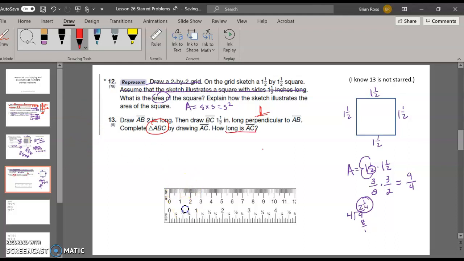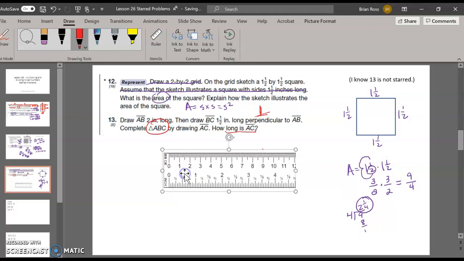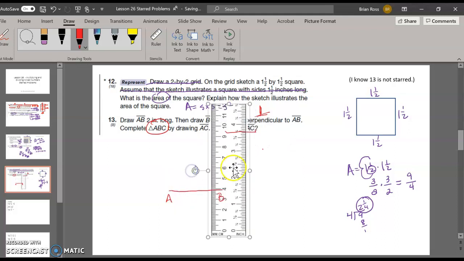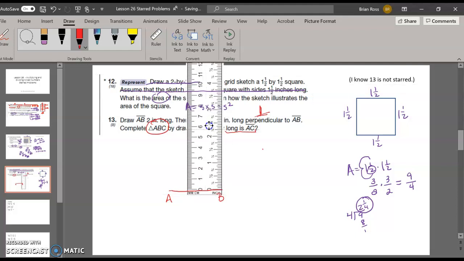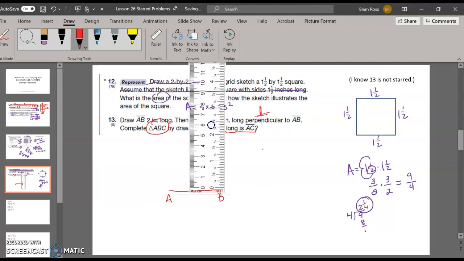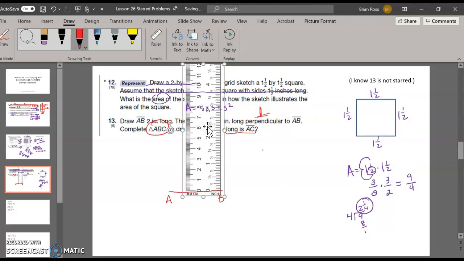So let me take this and I'll draw my 2 inches long. Let's see. Come on, escape. There we go. Okay. Beautiful. This is AB. Okay, and then I'm going to rotate my ruler and move it so that I can do, let's see, we need BC to be 1.5 inches. So let's see, BC, it's going to go to here, 1.5. So there's C, okay, and then I'm going to need to draw